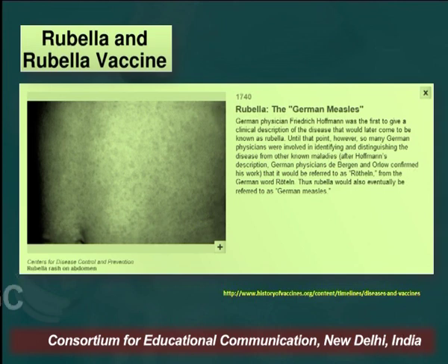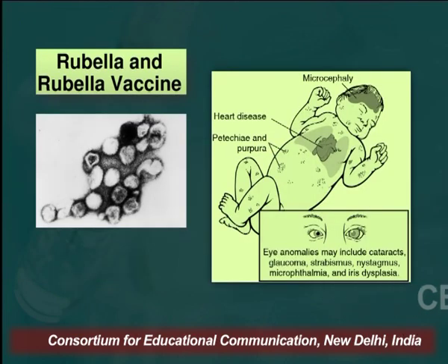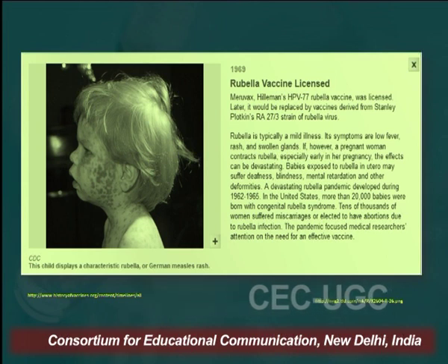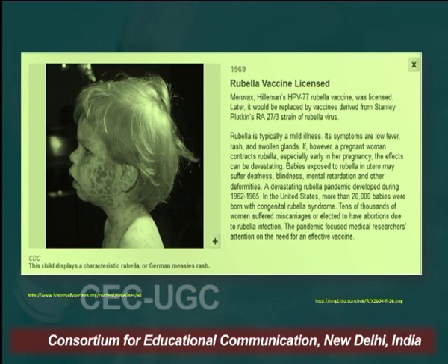The next comes the rubella vaccination. Rubella is many a times referred to as German measles. So there is a development of measles or rashes on the body. Now this vaccine was also developed with the help of the inactivated killed vaccine technique. So the rubella vaccines were developed with the help of this technique, and subsequently the rubella vaccine was licensed and utilized for the treatment of rubella, which was affecting the